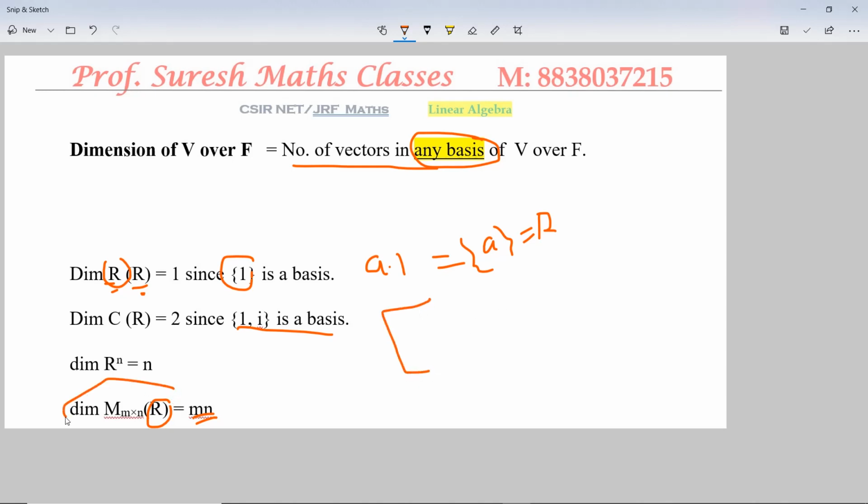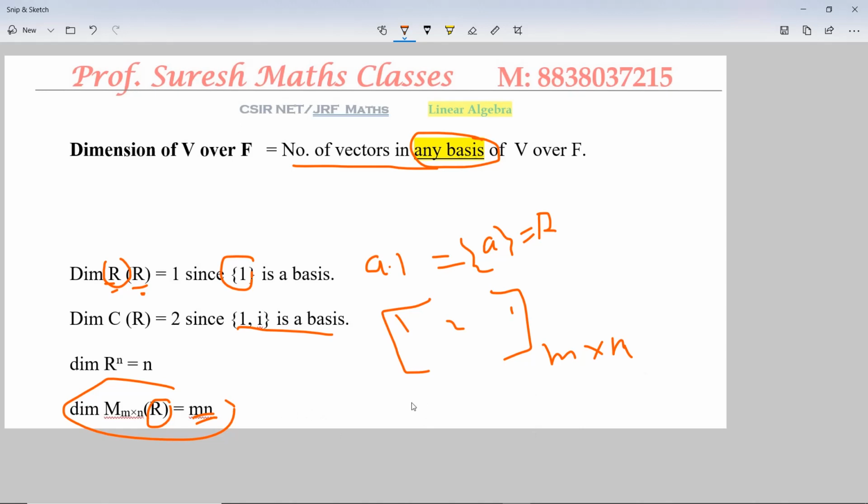No condition is given means I give you a shortcut. This type of question is repeatedly asked. Suppose no condition is given. To find the dimension of the vector space of a collection of matrices, consider a general matrix in this format. It has m rows and n columns. No condition is given, so all the entries are free entries. Free entries means we can put any number. For 2 cross 3, the 6 elements may be any numbers like 1, 2, 3, 4, 5, 6, or any number we can put. So they are called free entries.